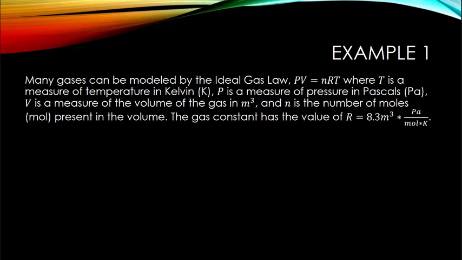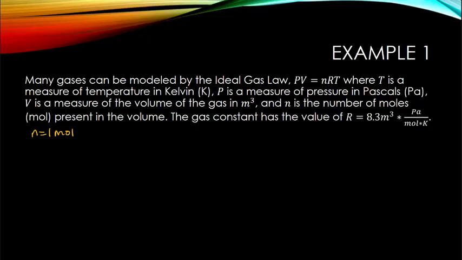P is measured in Pascal. V is measured in units of meters cubed. N, of course, is in moles. And the gas constant itself, which is R, has the value 8.3 cubic meters times pascals divided by moles Kelvin. I'm going to assume, for the sake of the problems I'm going to be working, that n is equal to 1 mole. I want to use the ideal gas law by setting one of my variables to be my dependent